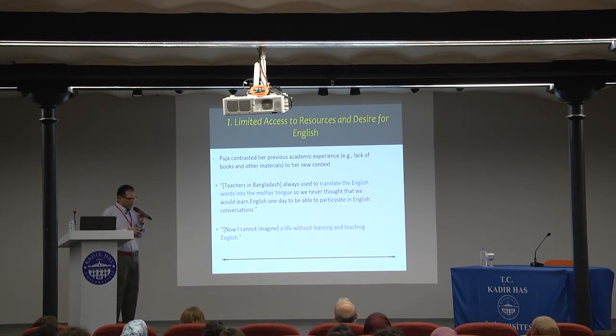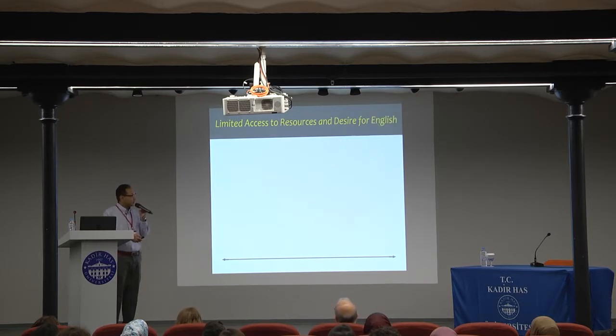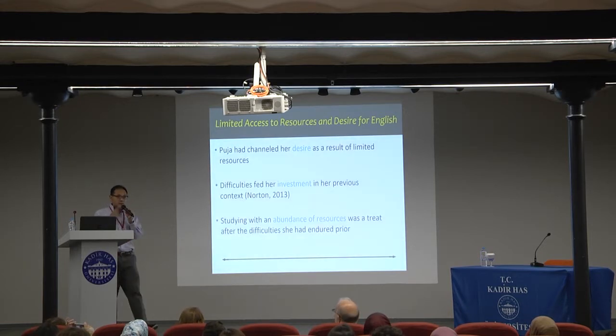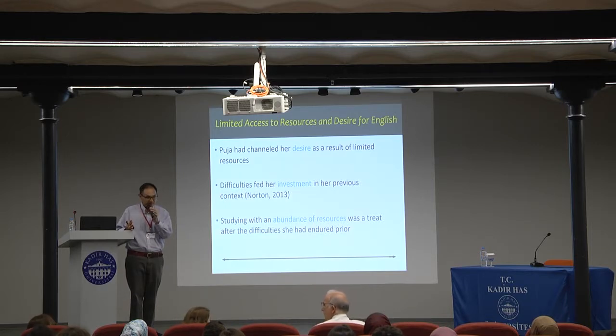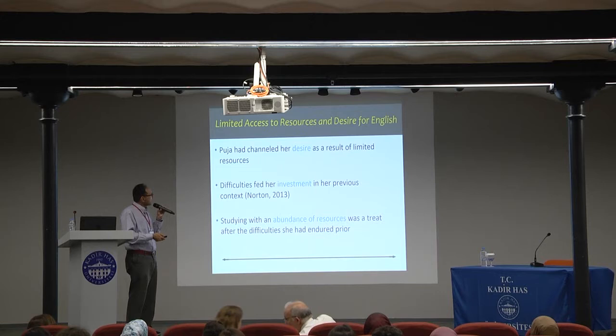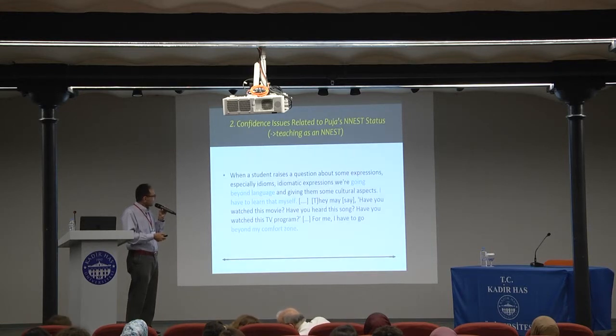And what was interesting, of course, as she grew up, she wanted to become an English teacher, and she felt that now she couldn't live without learning and teaching English. So what was interesting, of course, was Pooja was very excited to be in the US because now she had access, for example, to the latest materials. She was very excited about having access to electronic journals, among other things. Okay? And she was invested, and she said that one of the things in relation to her confidence was that